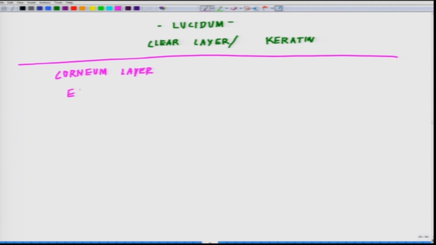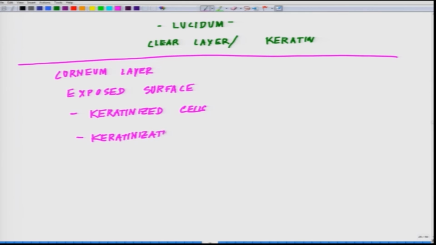This is the final exposed surface, containing a lot of keratinized cells, or cells which are rich in keratin protein. And keratinization is a process. For those who love definitions, keratinization is a process of